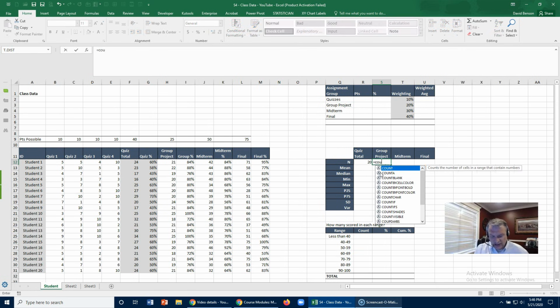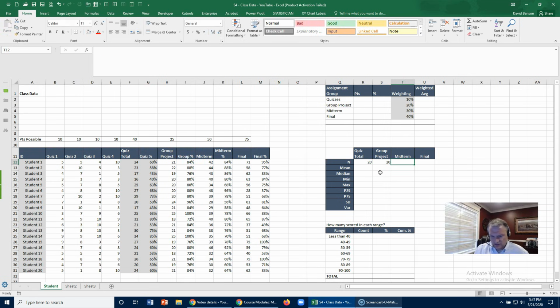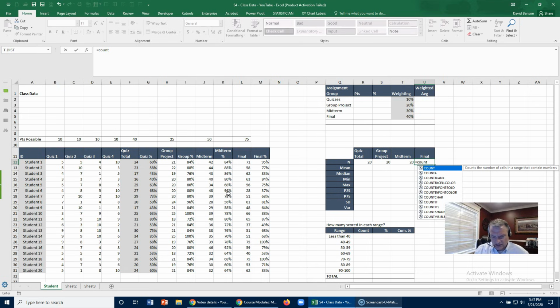This one is going to equal count, group percent, equals count, midterm. Okay, and I label them percent just so that I know it's referring to the percent. If I wanted one with the score, I could just label it something like final score or final exam. And then this one is going to equal the count